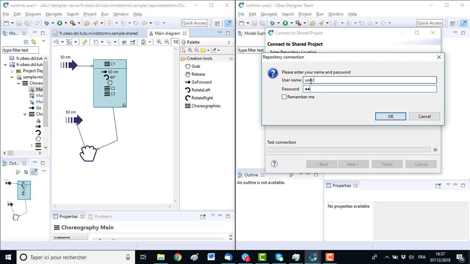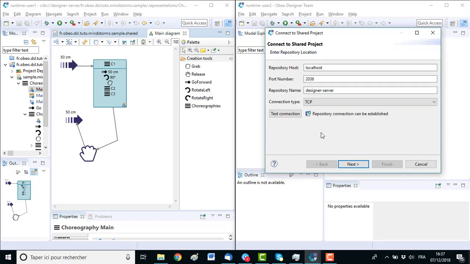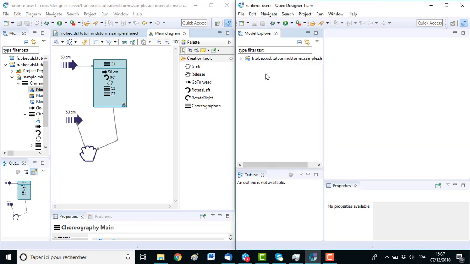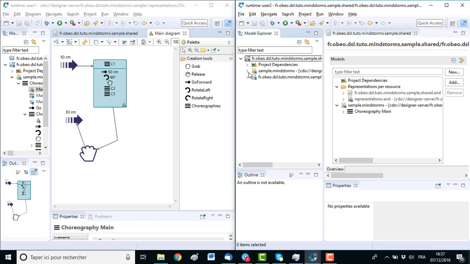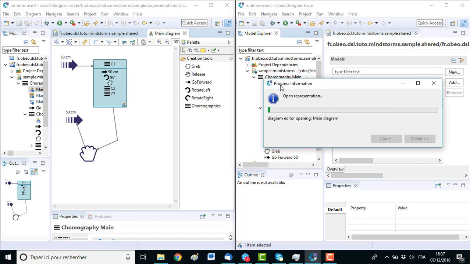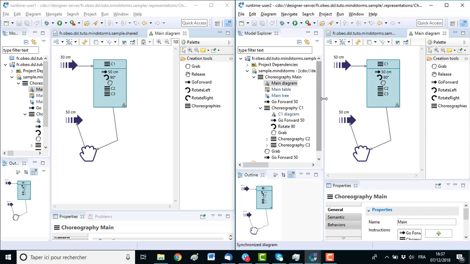User 2. And then he will get on his environment the shared project, and he can access the data and also the representations which are on the repository.